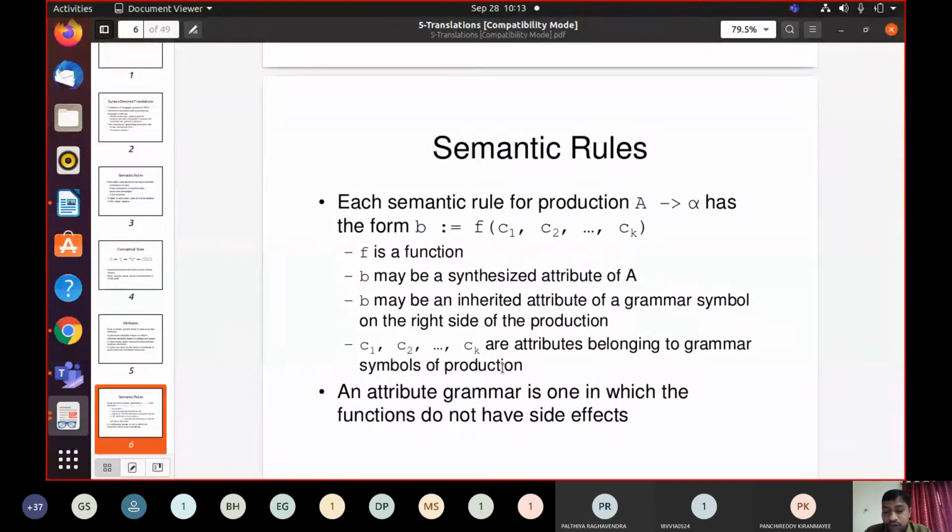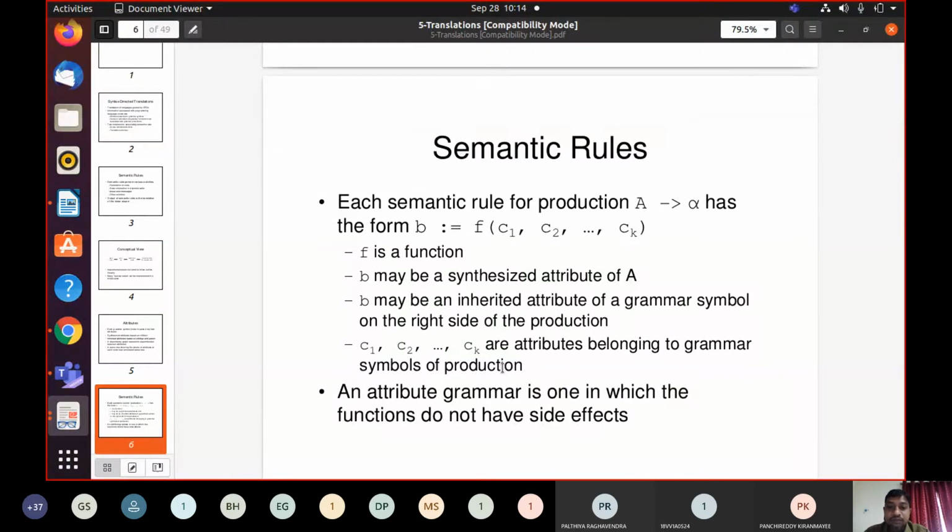Here you want to find out the meaning, or the value, of z. The value of z is computed in terms of a function of x comma y. What is this function? Addition. We are adding x plus y, and after evaluating it we get some value. That value is assigned to z, and is considered as the z value.